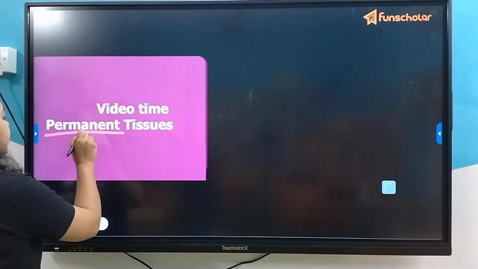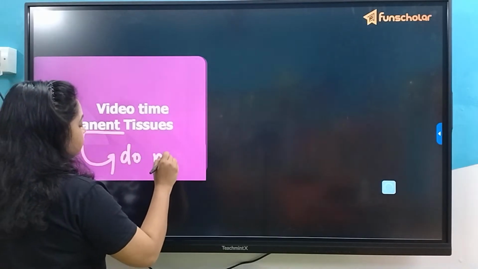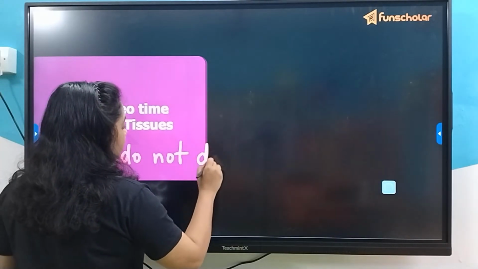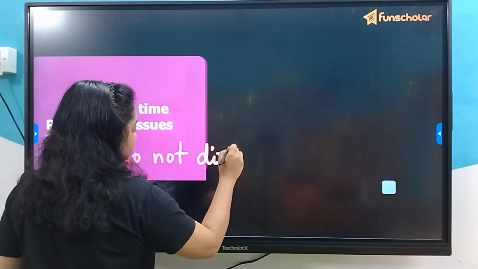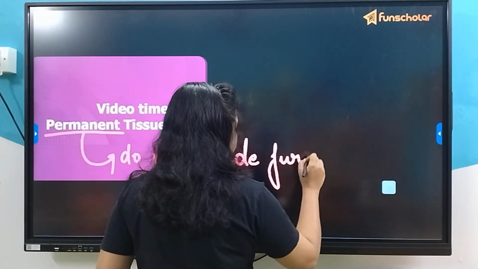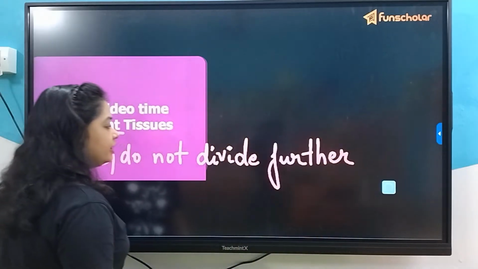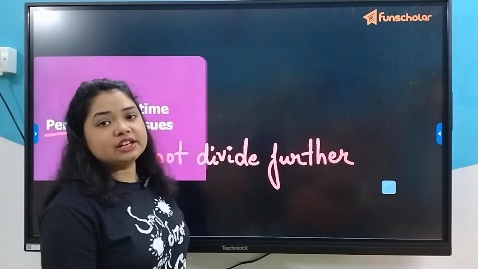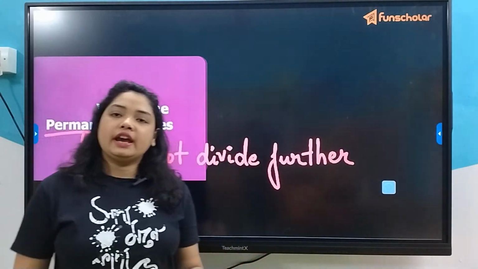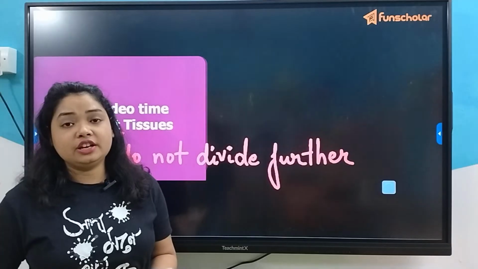Permanent means they do not divide further, right? So unlike meristematic tissues which actually divide, from the name itself we have seen the literal meaning of